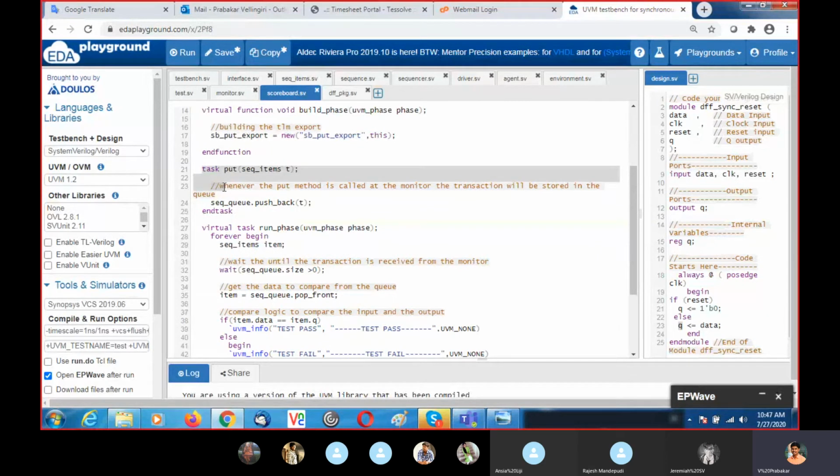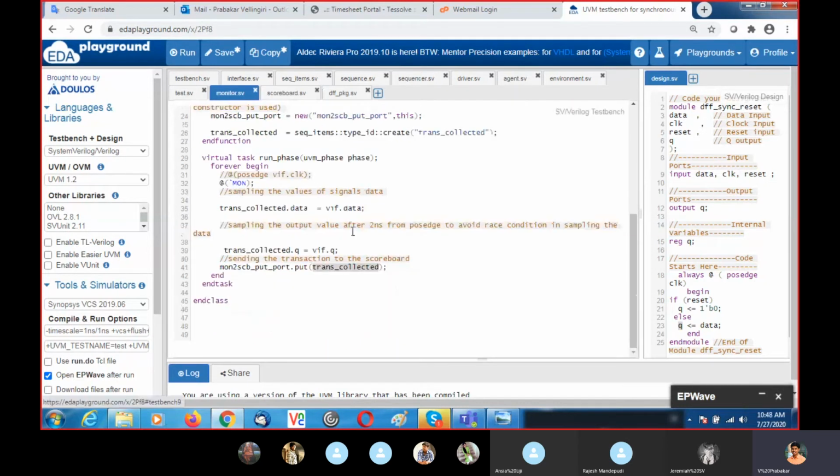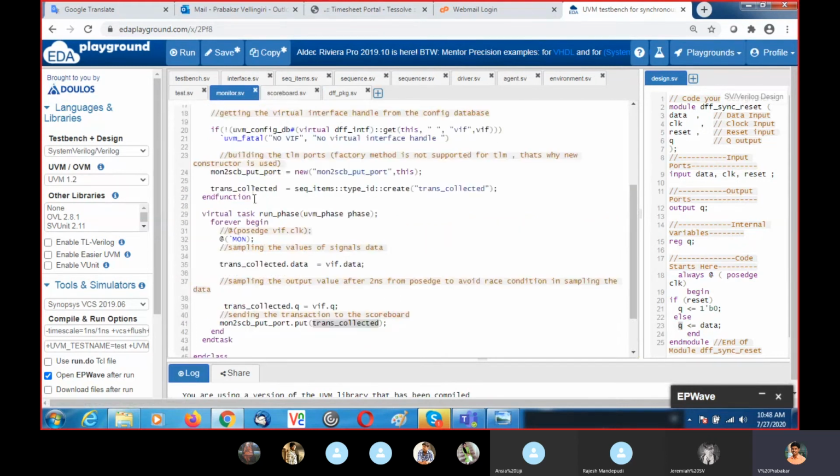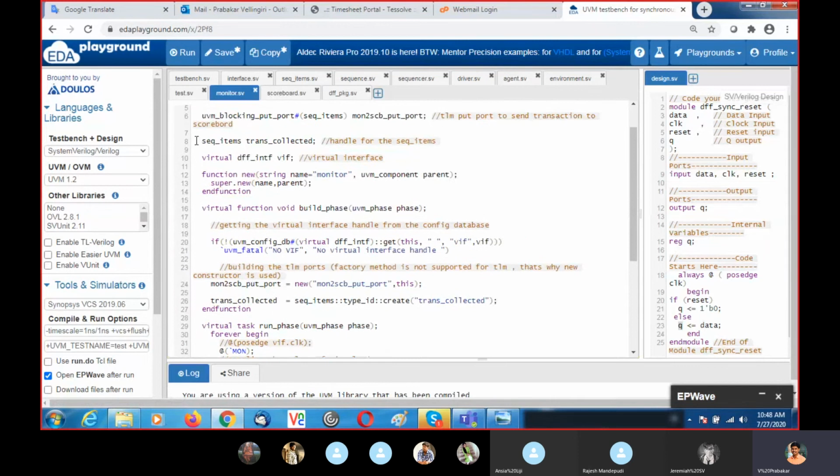We are accessing this put method in the monitor, but the implementation of this put method should be written inside the scoreboard. Here what we are doing is getting the T. T is nothing but this one, the trans collected, which is a sequence item.